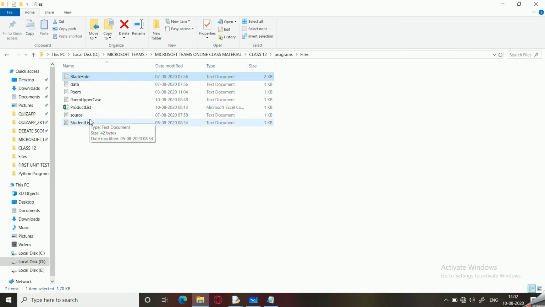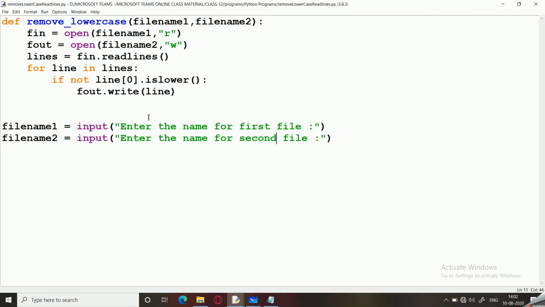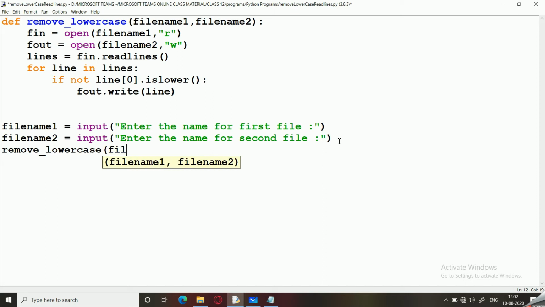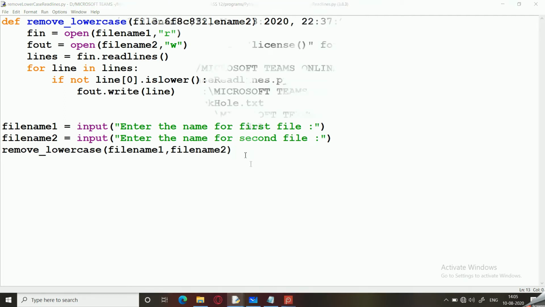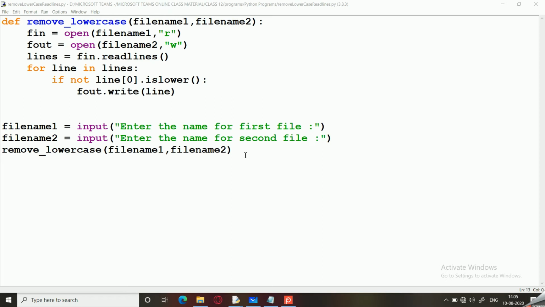So over here, there is some issue with this. So let us see what the issue is. And the problem is we did not call the function. So we have to call the function and pass the file names. Sometimes in a hurry, you can even see which all mistakes we do in a hurry. So let us run the program and see.